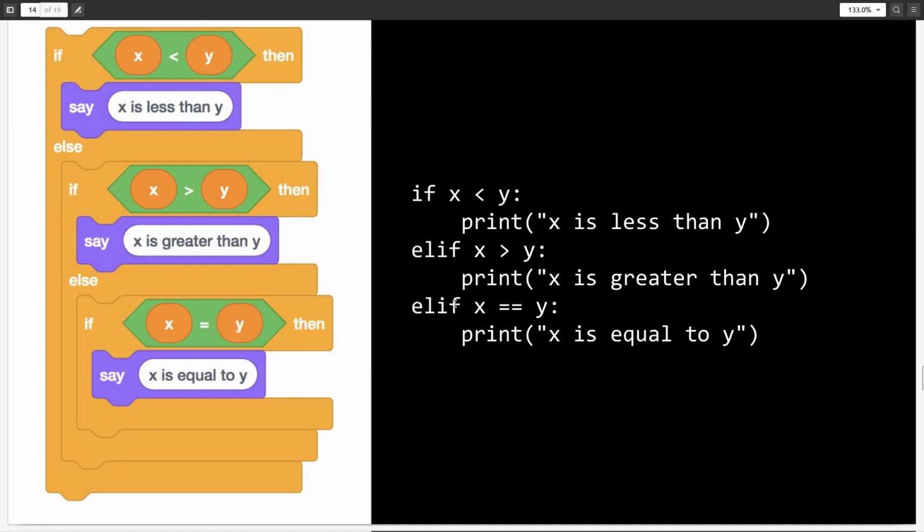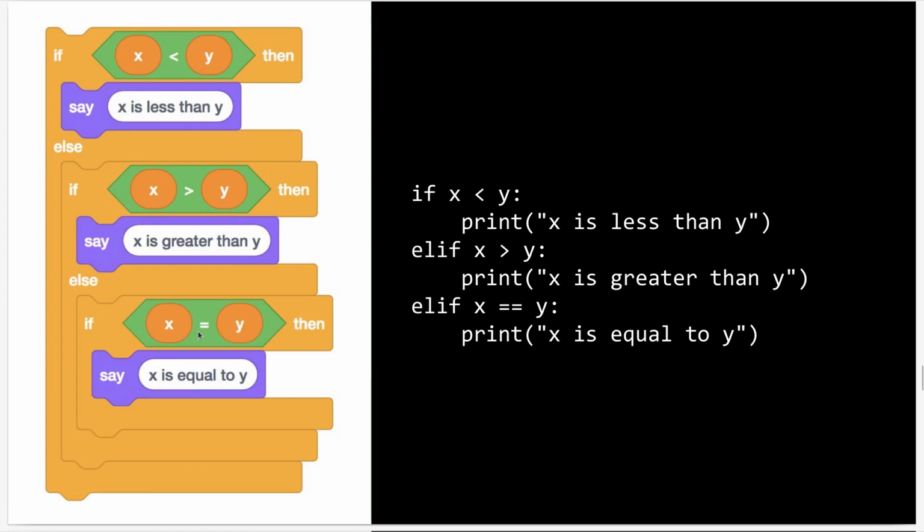Now this might look a little scary to you on the left, but in Python it is very easy. So here, if you can see, we are checking for 3 conditions: x less than y, x greater than y, or x equal to y. And one of these conditions has to be true. Say there are 2 properly defined numbers. So here you write if x is less than y, then you print x is less than y, elif.